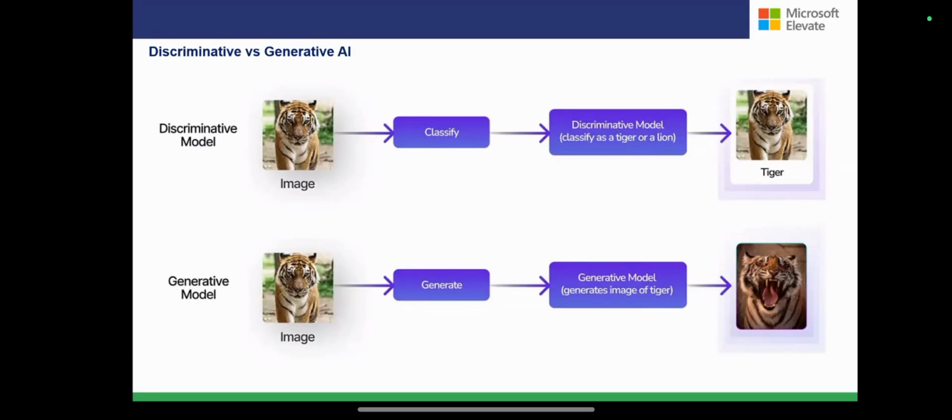In the discriminator model, if your training data is a tiger image, the output also detects the same tiger image itself. But what your generative model will do with the same tiger image is put in a lot of creativity. It's going to generate something new, and you can see the same tiger is available, but it is roaring. The creativity is coming into involvement here. The discriminator shows it as it is, and the generative model shows some creativity. So that is how the major difference looks.